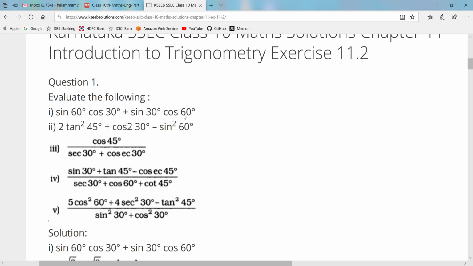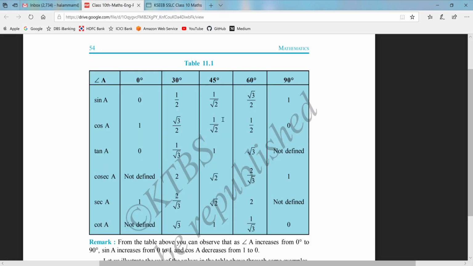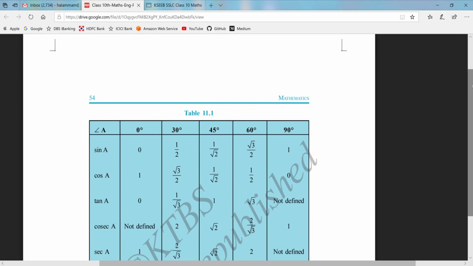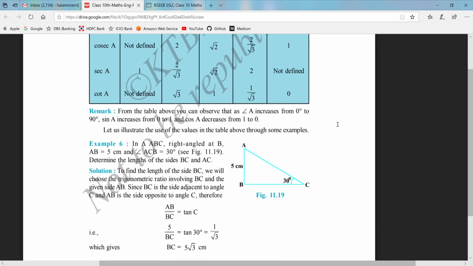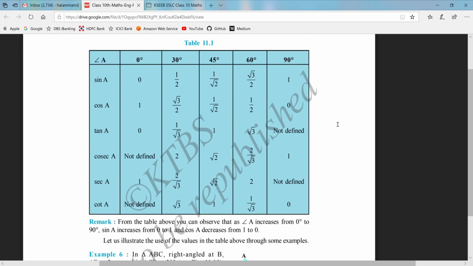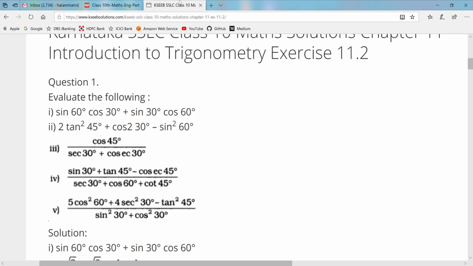See, this is mainly based on the table. This table you should know before solving the questions. Okay, this table is very important. So these are the basic standard angles they have given, and values also they have given for each particular ratio. Okay, so just remember this table while doing these problems. Okay, go for the first question, that is sine 60 degree into cos 30 degree plus sine 30 degree into